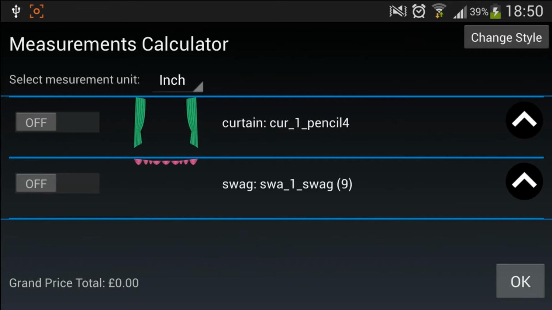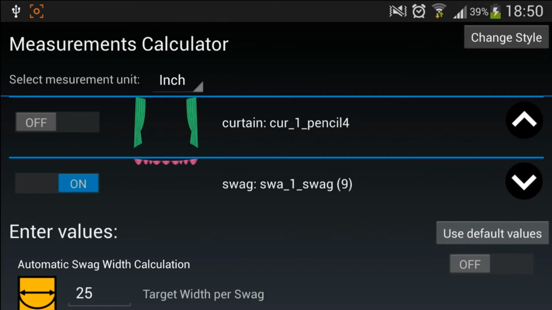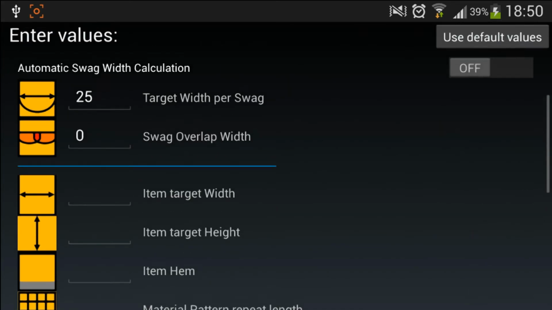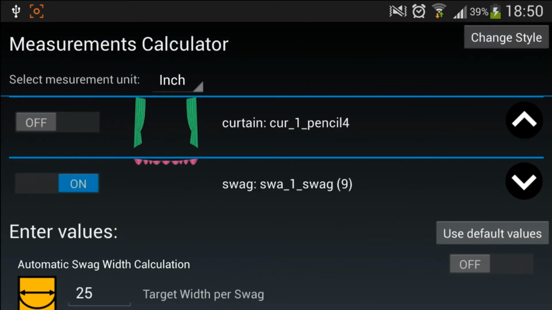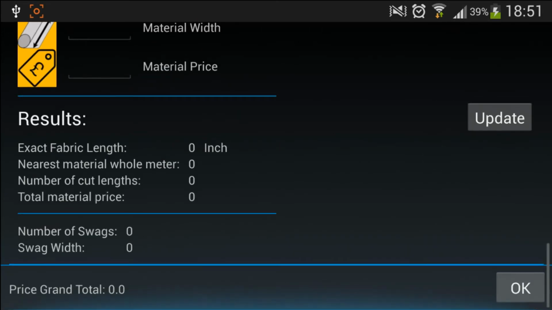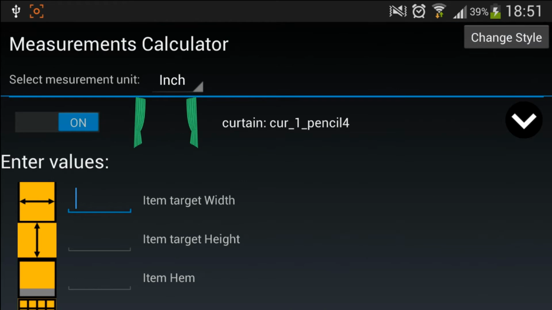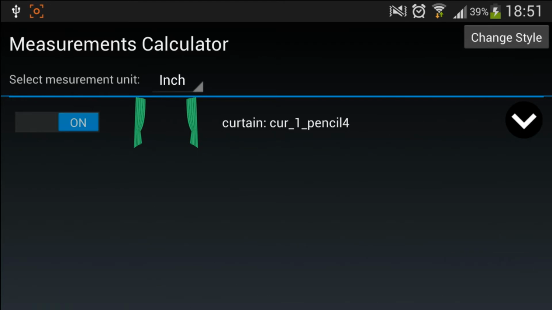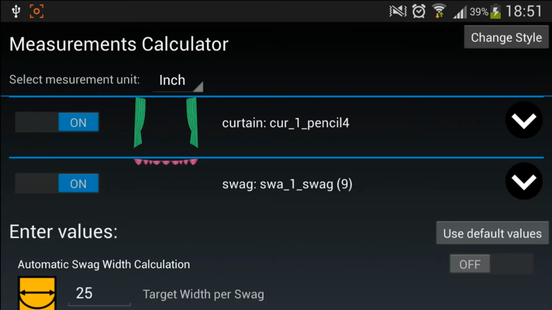I can also minimize it and maximize it. So let's say both curtains and swags measurements are on. I can see that it's a very long list. So if I want just to minimize it, I will click on the right icon as a tick box. And it gets minimized.